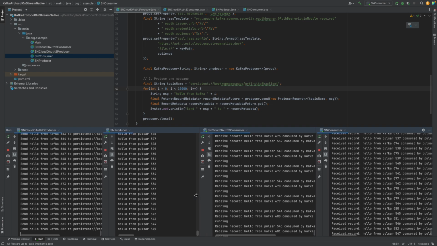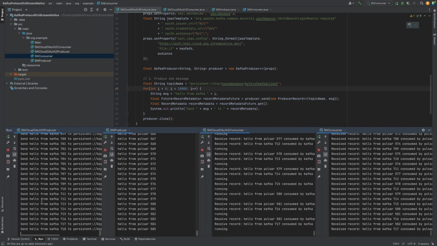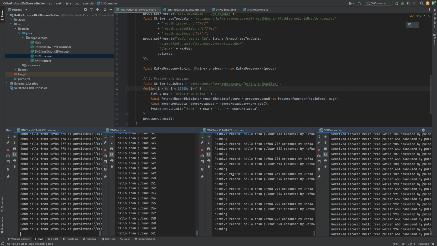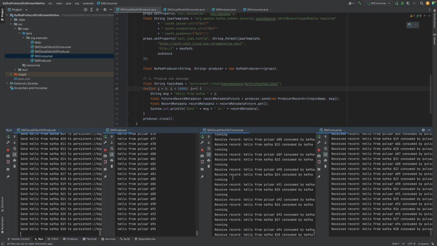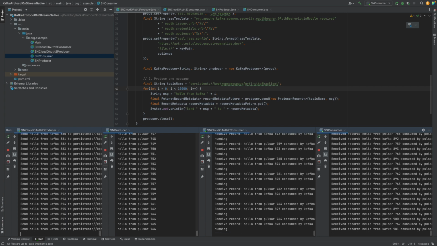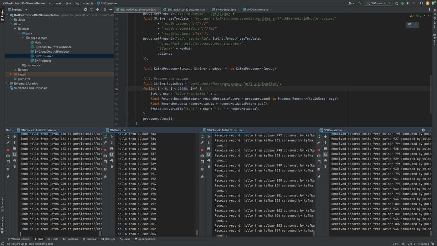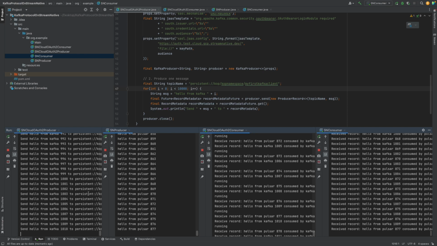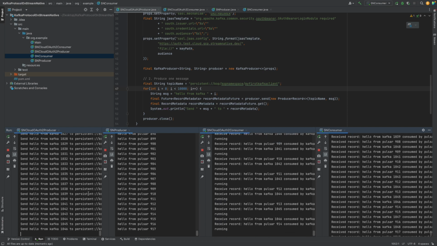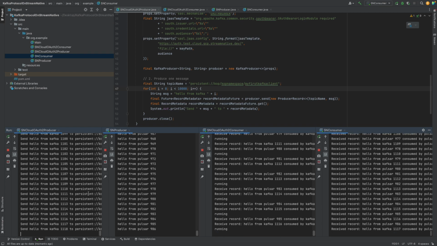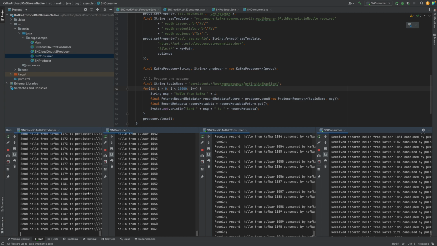So we have an example here where on the far left, we're producing with Kafka. In the next column, we're producing from Pulsar. In the third column, we're consuming with Kafka, and we're getting both messages from Kafka and Pulsar. And then in the far right, we are consuming from Pulsar, and we're getting both messages from Kafka and Pulsar. Both Pulsar and Kafka can consume messages regardless of where they're produced from. And even if you happen to use the same subscription name and consumer group name, they're considered independent, so both